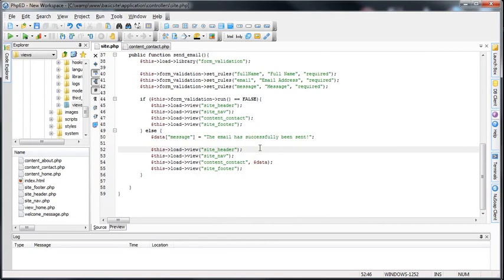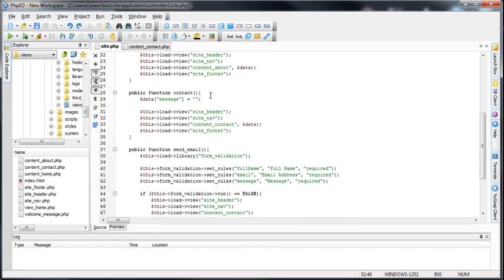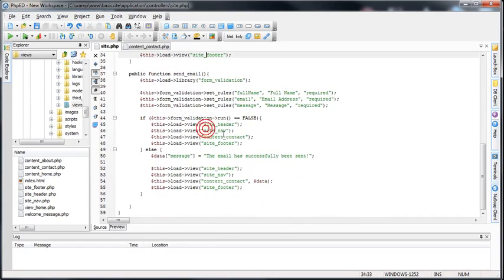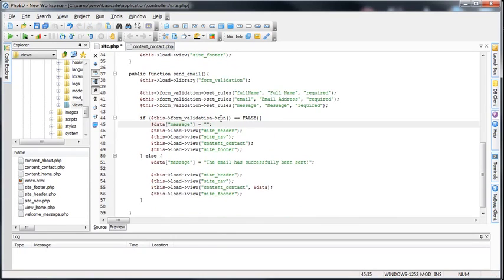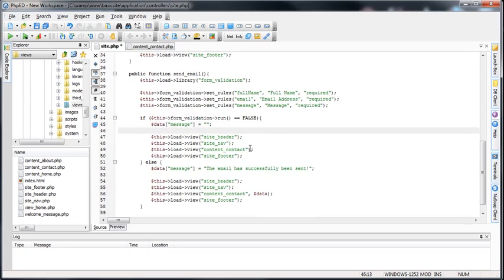Okay, and I believe, yes, we also need to pass in the array when the validation fails. Okay, excellent. Next step is I'll show you guys some more of these conditions that need to be met. For the email, there's a